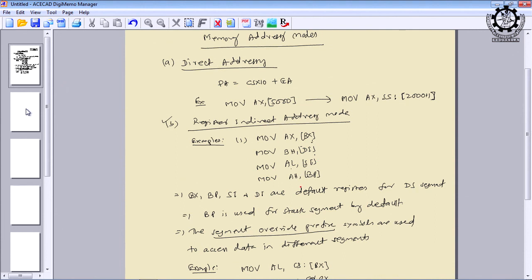Is it okay? Then MOV AH, [BP]. BP is the base pointer register. It can also hold a 16-bit value used as the effective address, which is added with the segment register content, and the result serves as the memory location address whose content is transferred to AH. Wherever AH, AL, BH, or any 8-bit register is mentioned, we are transferring only one location's content, and whenever AX, BX, CX is written, you understand that 2 consecutive location contents are transferred to the respective register. Is it okay?